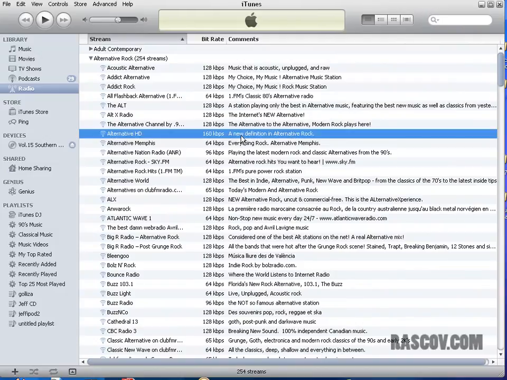And if you just click on one, you can listen to the song. And there's a volume controller here. You can see right here. Okay, that's enough of that. So that's under